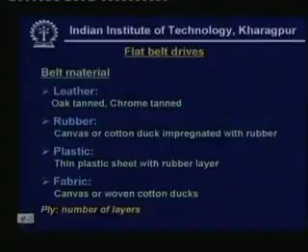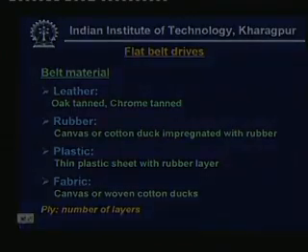In the leather belt material, oak tanned and chrome tanned types of leather are available. In the rubber belt, basically a canvas or cotton duck is impregnated with rubber. This is the construction of rubber belts. Plastic belts, as was told, consist of a thin plastic sheet with a rubber layer, which could have more number